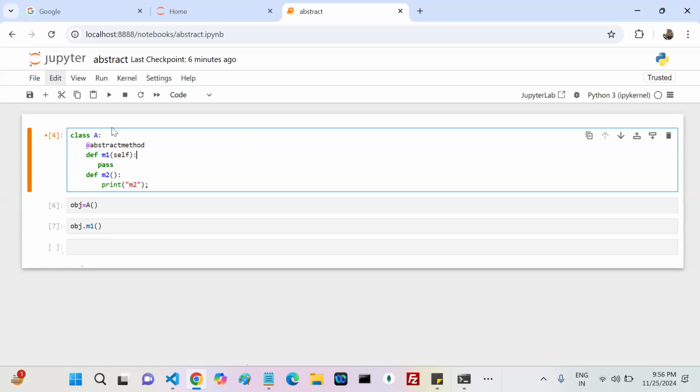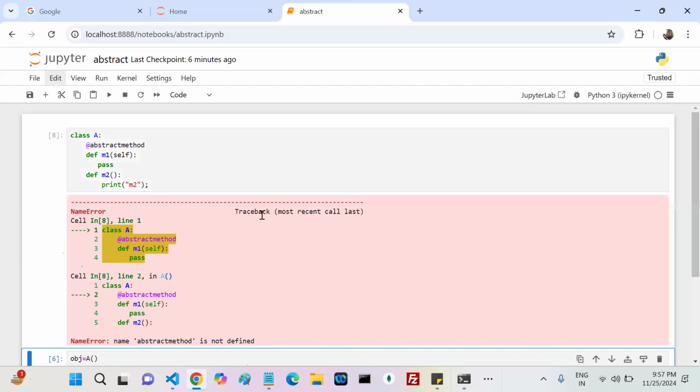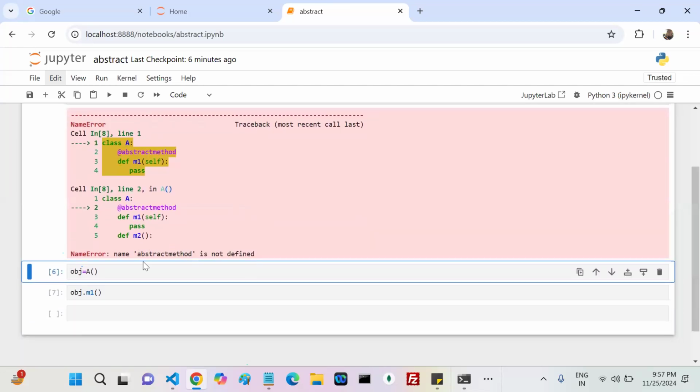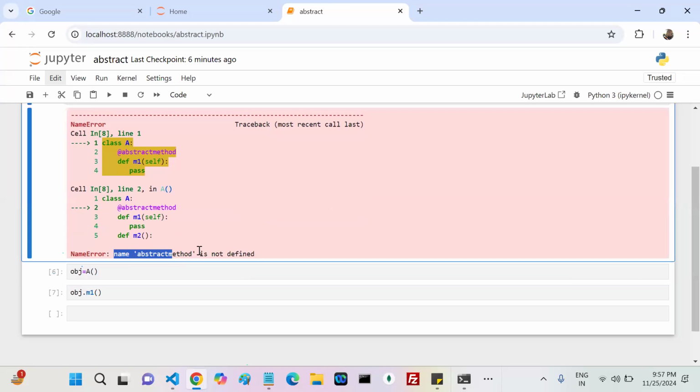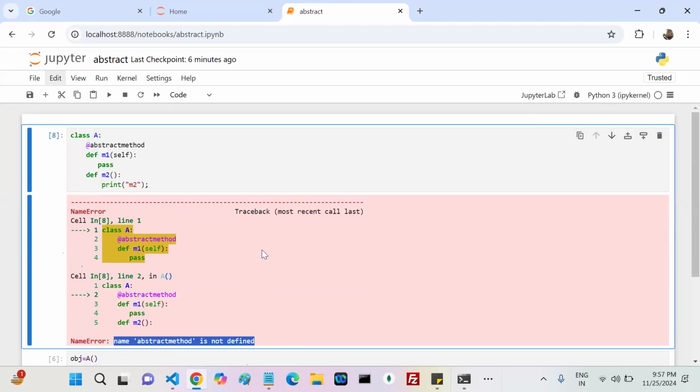So far we discussed static method declaration. Another one is class method declaration. Now this time, what is this? The abstractmethod decorator, or not? Now if I run this, what happened? Name abstractmethod is not defined. That means